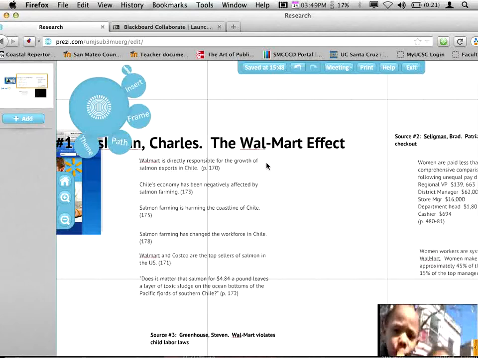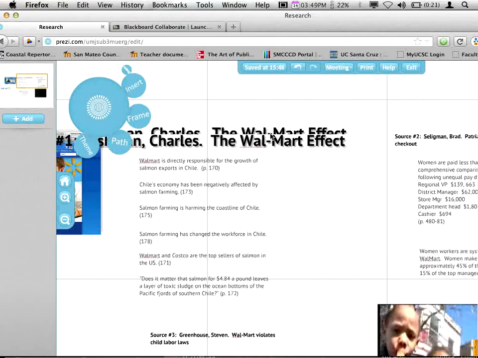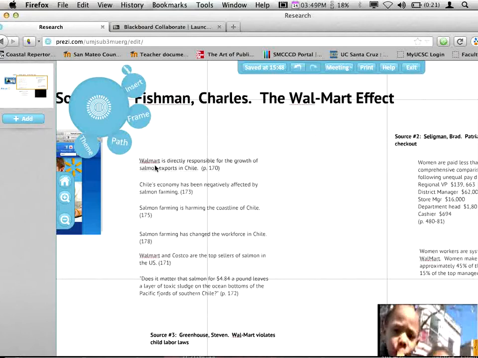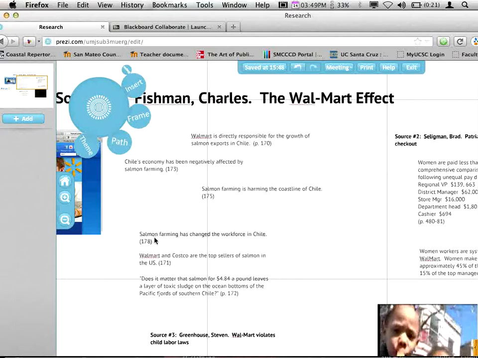And the other thing that I can do is drag them around. So each one of these has been entered separately in a separate editing box. And because they've been entered separately, they're now a separate piece. So I can move it up or down.